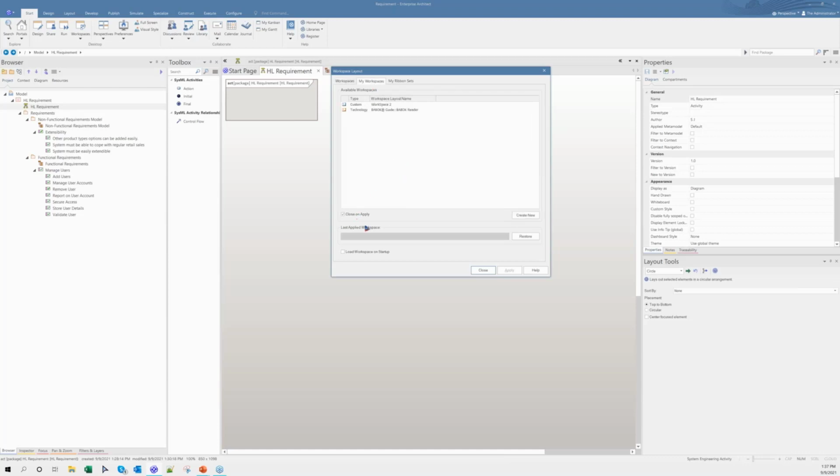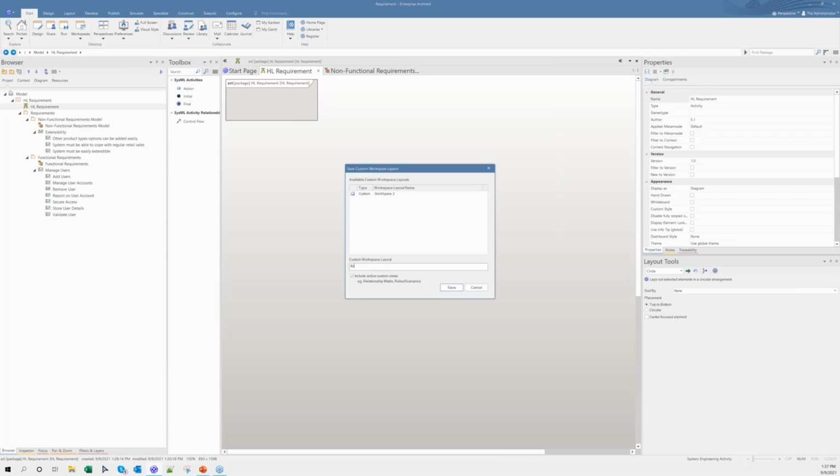Our current workspace, let me name it business analyst. So I just created a workspace, saving the current workspace as my default or personal workset for the business analyst. Now let's try to shift around the workspaces.